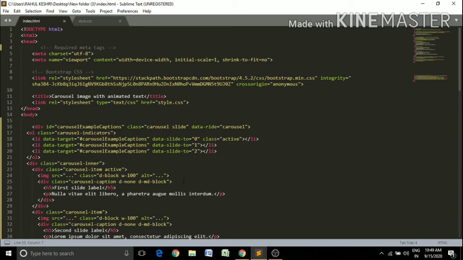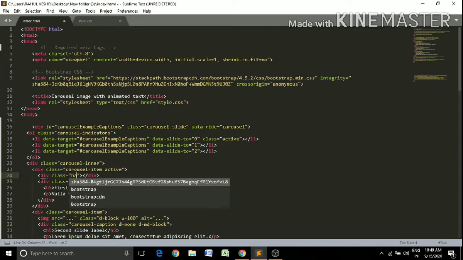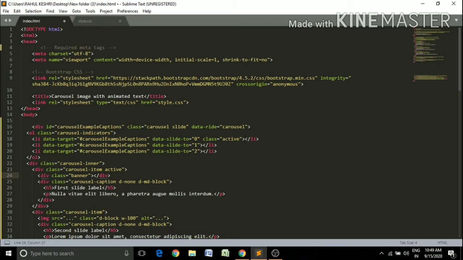Okay, now I'm just deleting this part and creating a div with class banner. Okay, and inside this div, I'm using one image tag and boxing.jpg, which is my image file name.